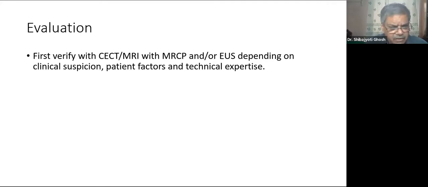In operable cases, it is very important to look for abnormal vascular anomalies, so that has to be ascertained beforehand. Otherwise, when there are certain anomalies, particularly a replaced right hepatic artery arising from the superior mesenteric artery, there is a chance of catastrophic bleeding unless the surgeon is aware of this at the time we transect